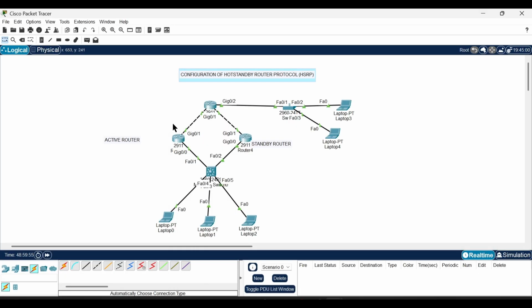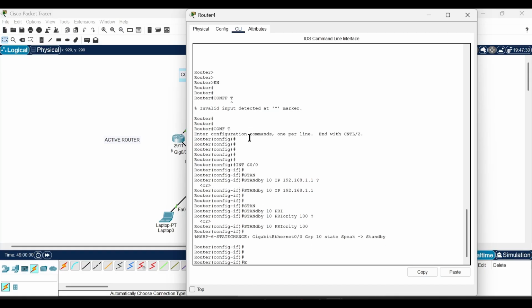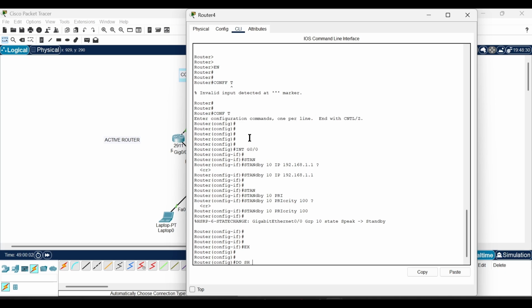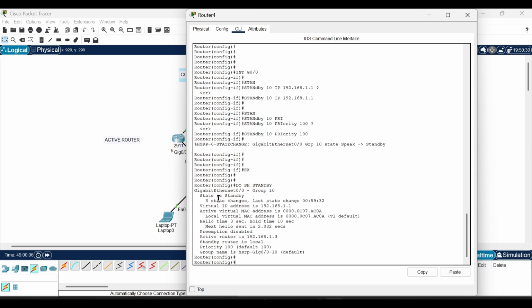Now, since we've seen all that, let's head over to the standby router and do the same and see what we get. So do show standby. So the GigabitEthernet port is in group 10, and state of this router is standby. It has the same virtual IP address that will be serving as a default gateway and the same MAC address. So it is showing that preemption is disabled and the active router is